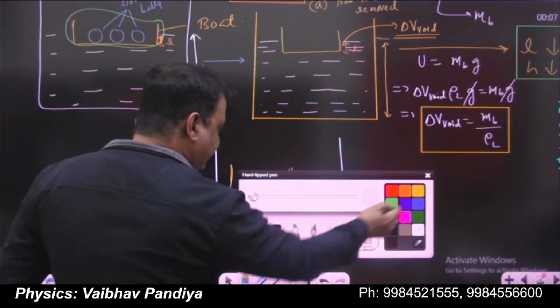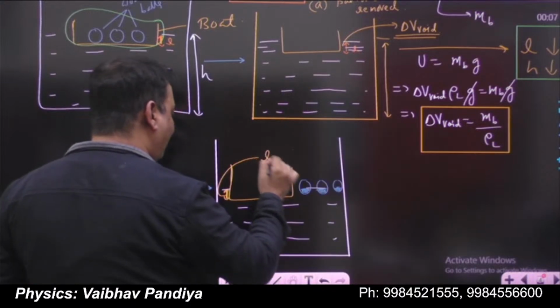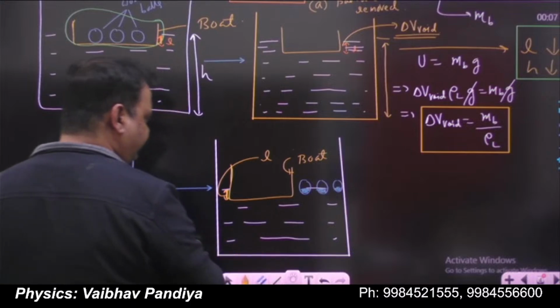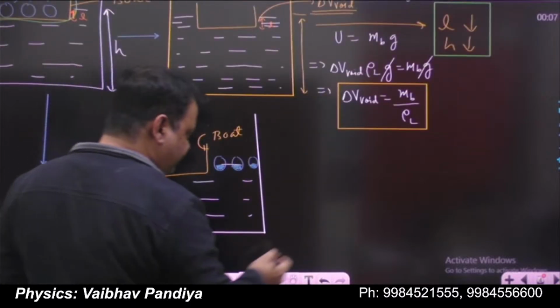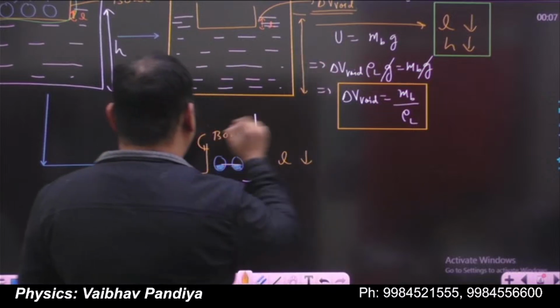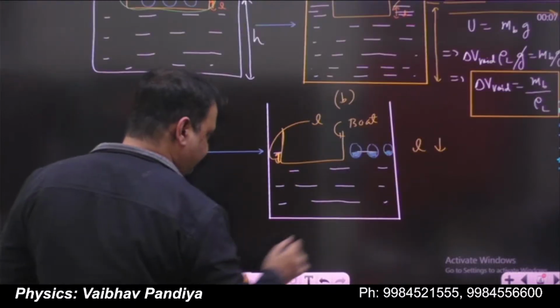So already we have seen the level of this boat will decrease because now there is a decrease in the weight of the system. So the boat will get lifted up. So L will decrease as in case A. This is case B, where we are throwing the balls